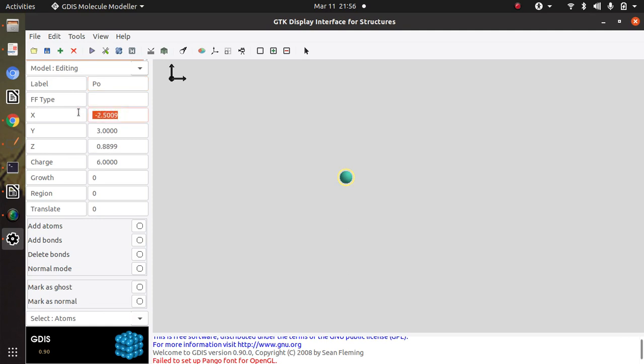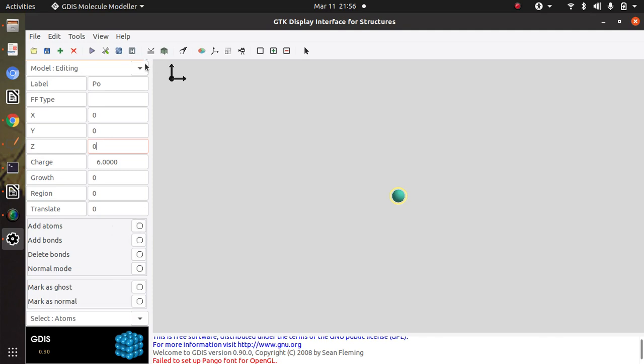I will place this polonium atom at the origin. So I put the x coordinate as 0 and enter, then y again 0, then z 0 and enter.